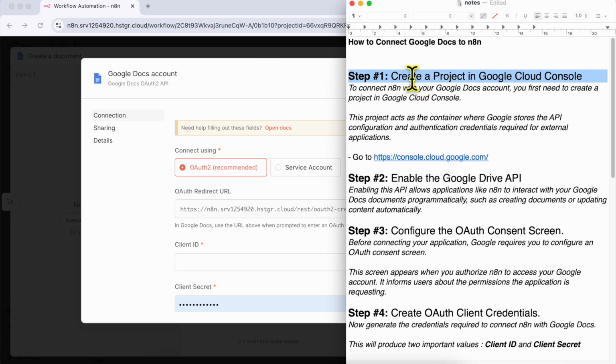The first step consists of creating a project in Google Cloud Console. So to connect n8n with your Google Docs account, you first need to create a project in Google Cloud Console. This project acts as the container where Google stores the API configuration and authentication credentials required for external applications. So first step, go to this link, which is